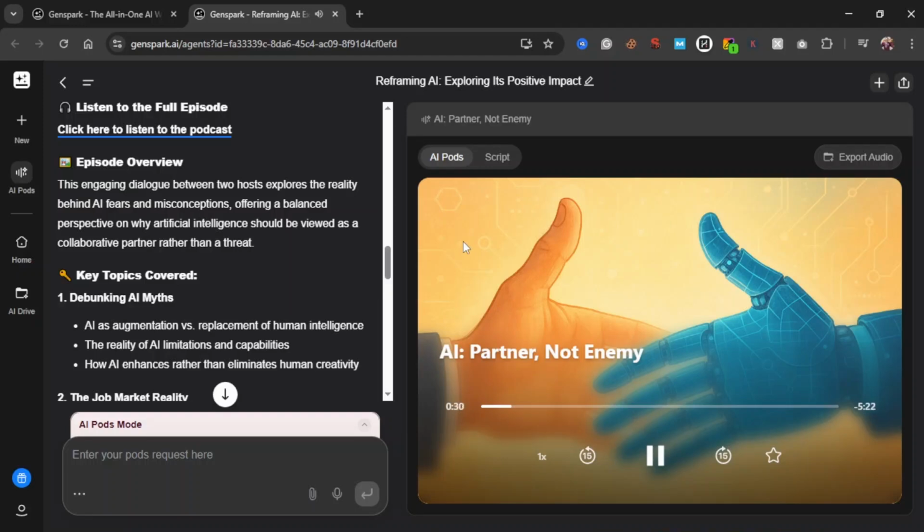They tap into real anxieties about change and the unknown. People worry, will a machine take my job? Can we trust these complex systems? These are the right questions to be asking, but they might be based on a flawed premise. We tend to frame it as humans versus AI. What if that's the wrong way to look at it entirely? Let's start with a big myth that AI